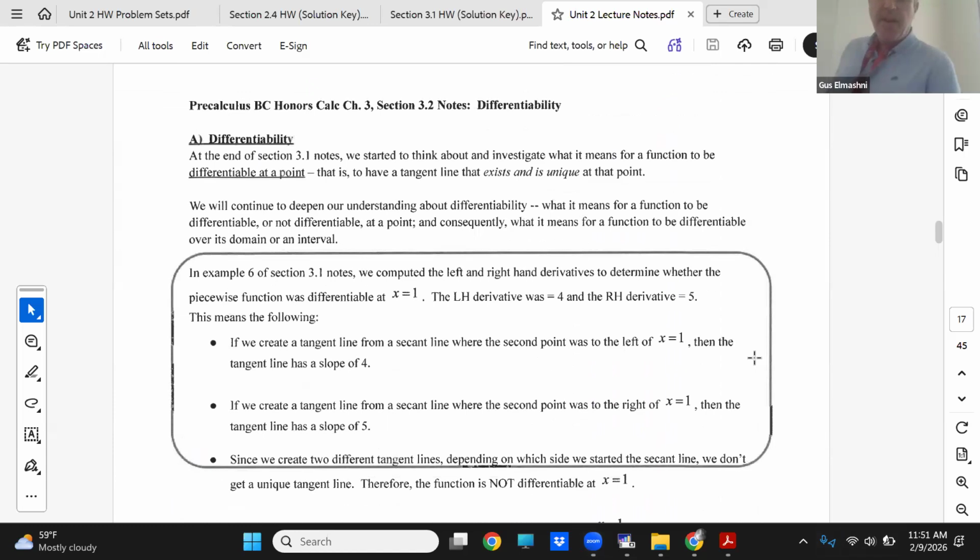So 3.2, differentiability. Differentiability means the ability to take the derivative. Can we take the derivative, right? In example 6 of section 3.1 notes, we computed the left and right-hand derivatives to determine whether the piecewise function was differentiable at x equals 1. We saw the left-hand derivative was 4, right-hand derivative was 5. This means the following. If we create a tangent line from a secant line where the second point was to the left of x equals 1, the tangent line was 4. If we create a tangent line,